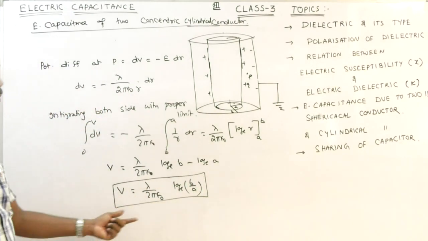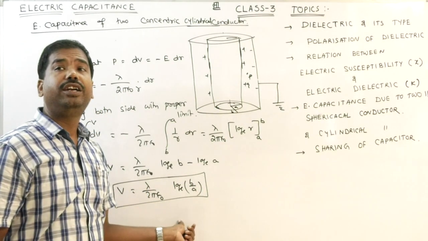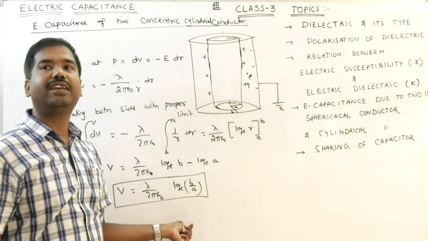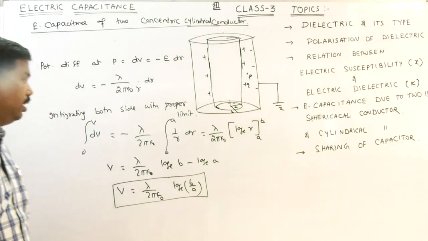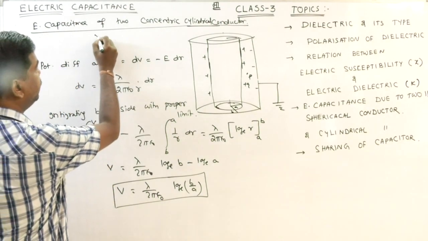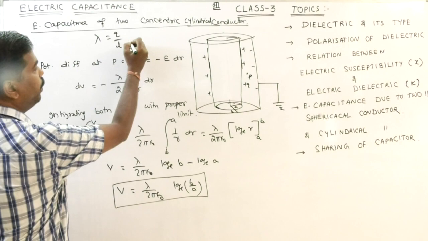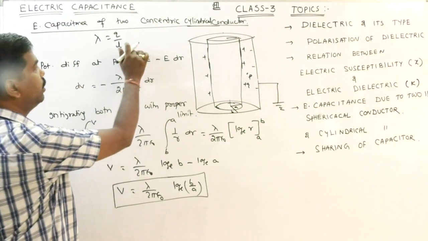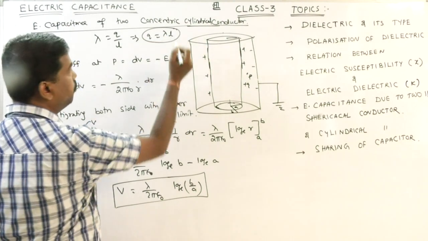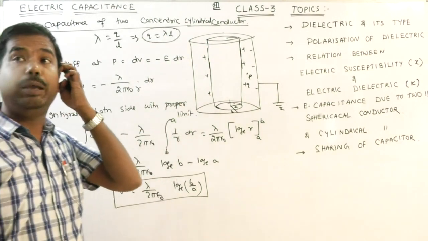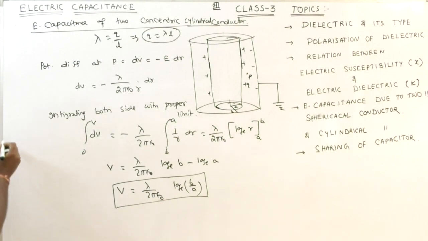So this is the expression for the potential difference we have already discussed in electric potential class number 3. But now I would like to say how much the capacitance is. As we know, the linear charge density is nothing but Q by L, the amount of charge stored per unit length, or I can write it as Q is equal to lambda into L. Clear? So then the capacitance is therefore